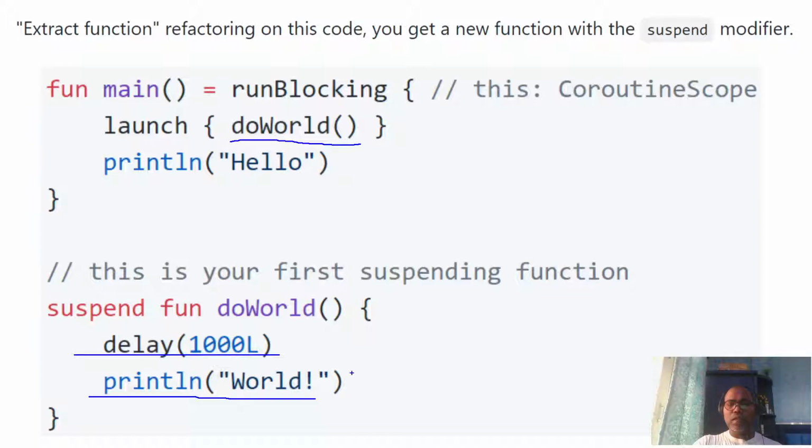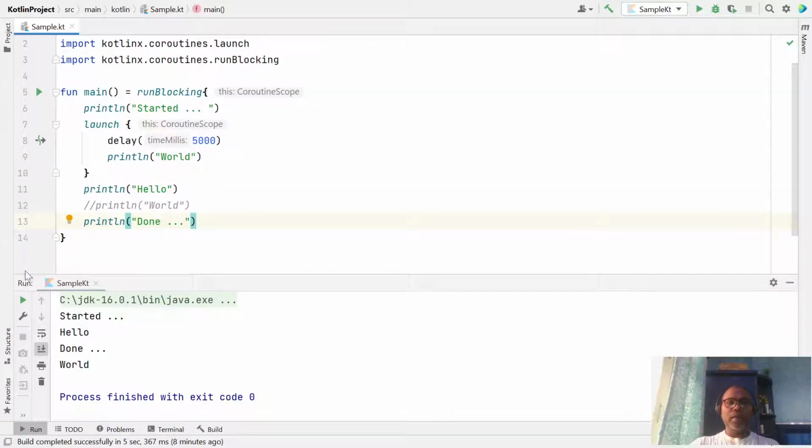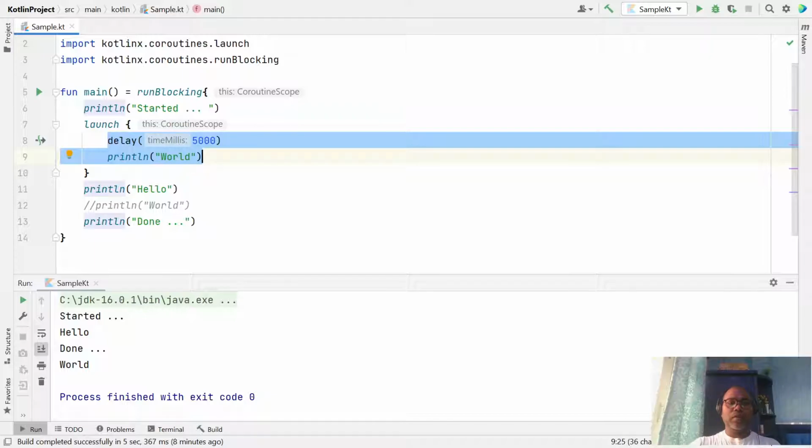But instead of writing all the code inside your launch curly braces, we can write another function, so that this code can be reused elsewhere. Let's say I want this to be in a function.